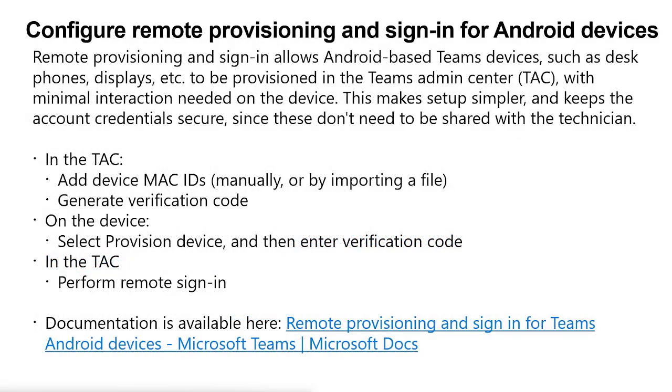Moving into the configure, remote provisioning, and sign-in for Android devices topic. Remote provisioning is really designed to simplify provisioning of Android-based Teams devices. That could include desk phones, displays, and other devices. Effectively, the administrator who has access to the Teams Admin Center is going to add device